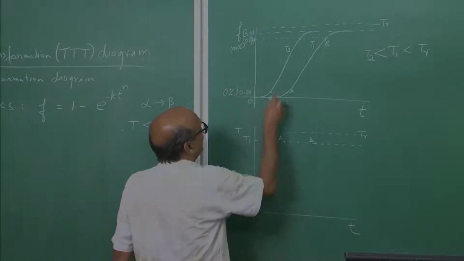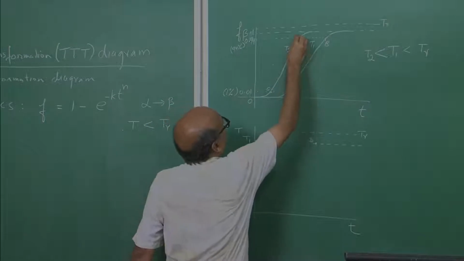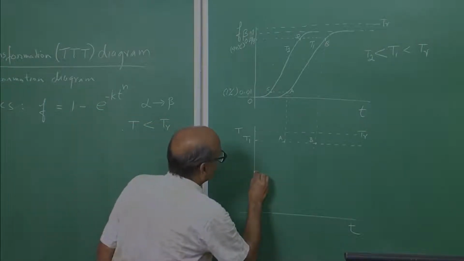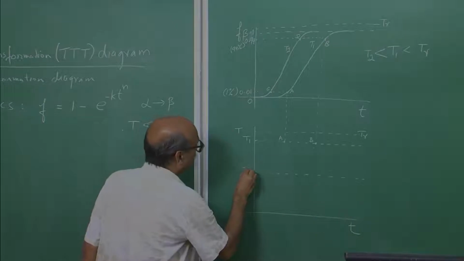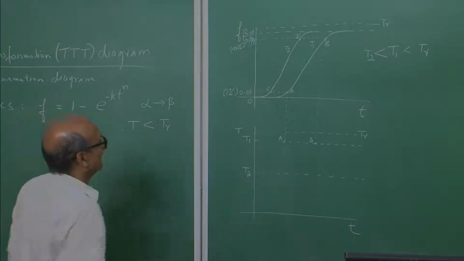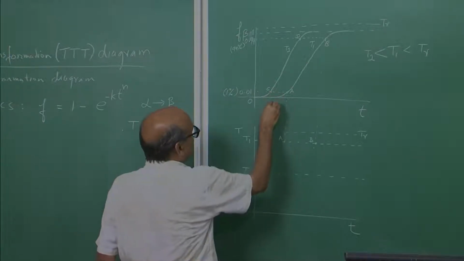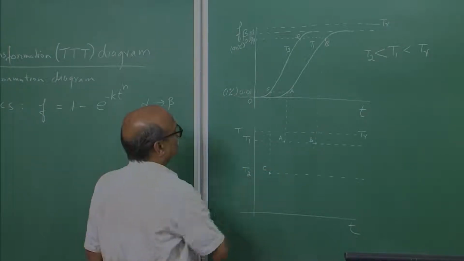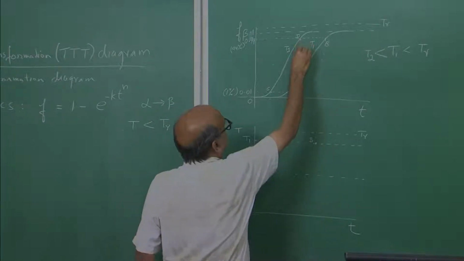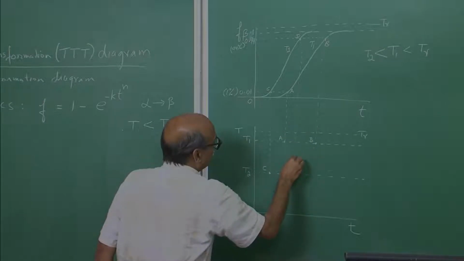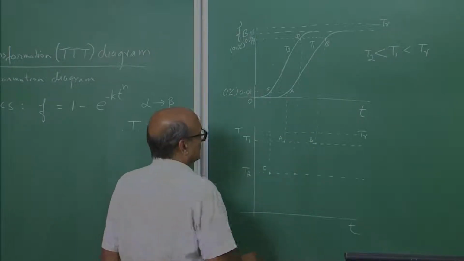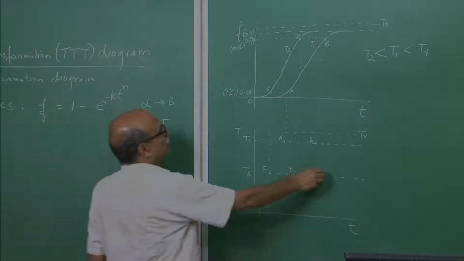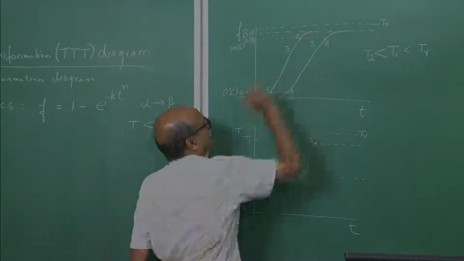Let me first mark these points as C and D, and let us copy these 2 points here. Oh, sorry, the T2 temperature is somewhere here. So, if I copy point C, it gets copied here. I will call this C as well in this diagram. Similarly, reproduce D point also on this, and let us say this comes somewhere here. So, these are points C and D at temperature T2, corresponding to this particular kinetic behavior or the